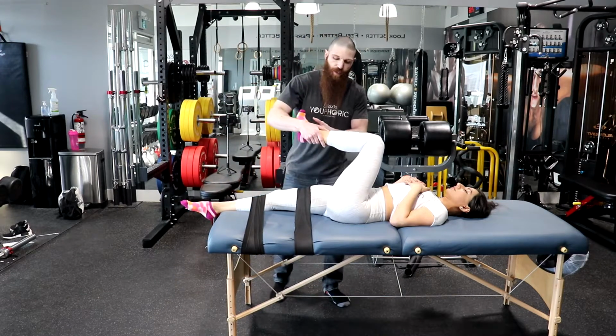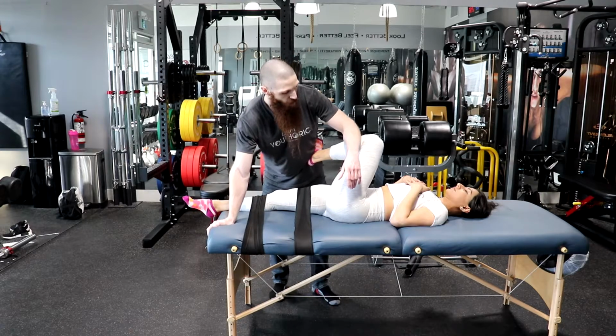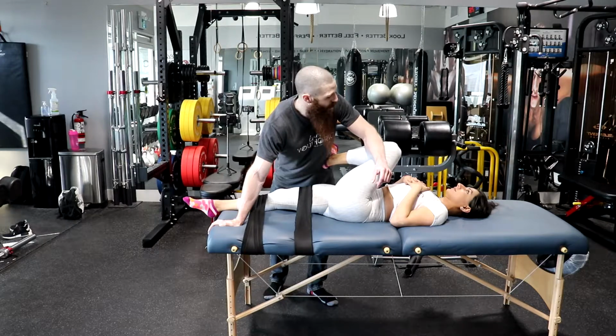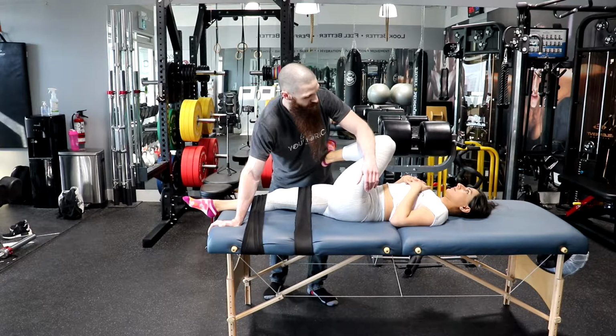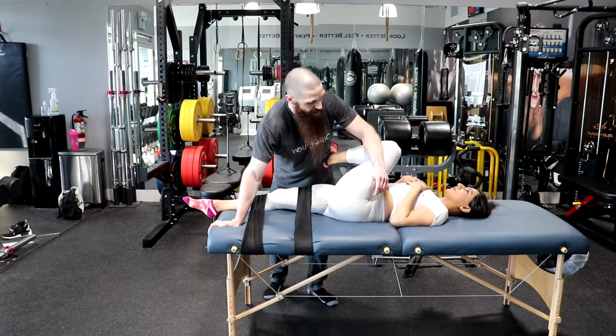Now from here, we want to do abduction on the opposite side. So what I'm going to do is anchor her foot onto my ilium, and then using my forearm, I'm going to apply a downward pressure on the fibula. From here, I'm going to give her a couple taps. She's going to give me a little bit of a push with the knee. Yes, you're going to push into my forearm. After 6 seconds has passed, she's going to exhale, relax,